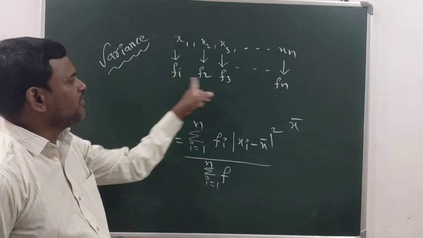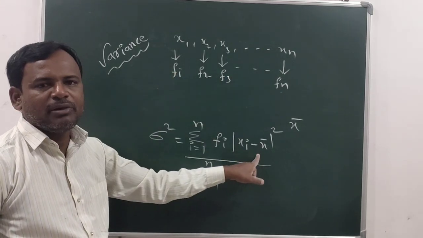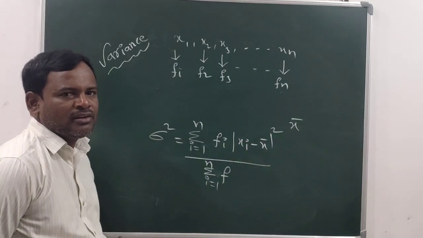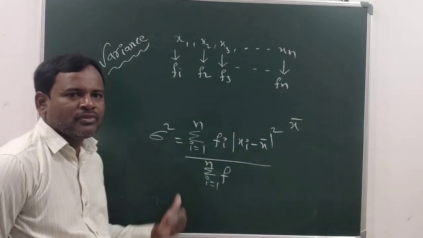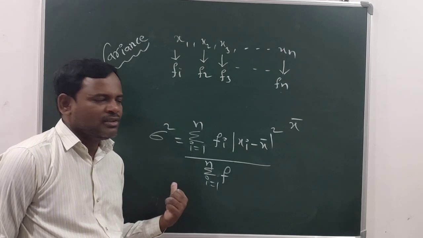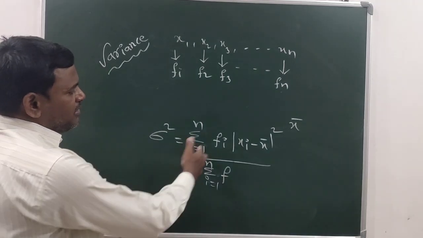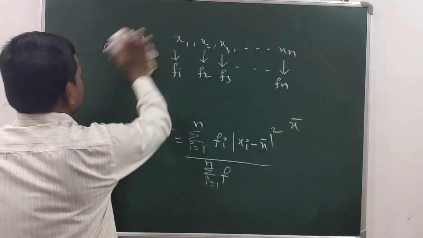Okay students, here frequencies will be given to you and prepare the xi minus x bar whole square, so that you will get variance. Okay students, see, even this formula you can extend to another form. See that,